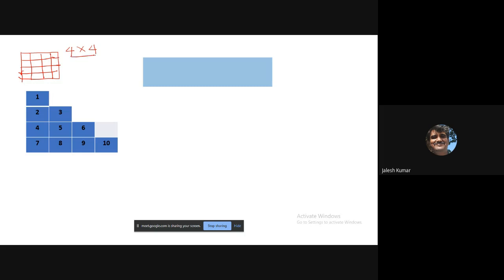This is what array declaration is. You already know how to allocate: int a, open brace, two dimensional, use new and the integer type you want, and you mention how many rows you want, how many columns you want, is it not?